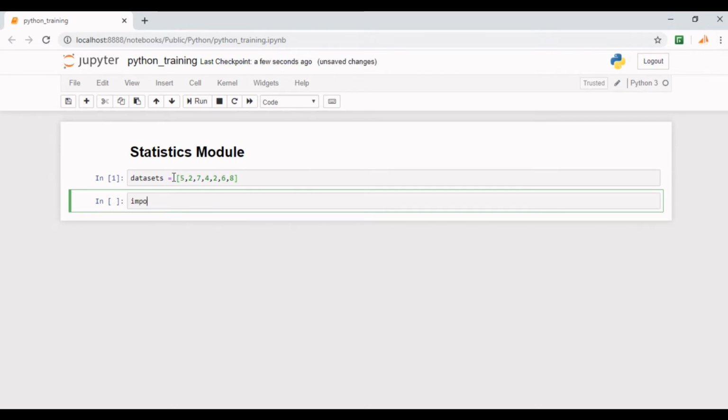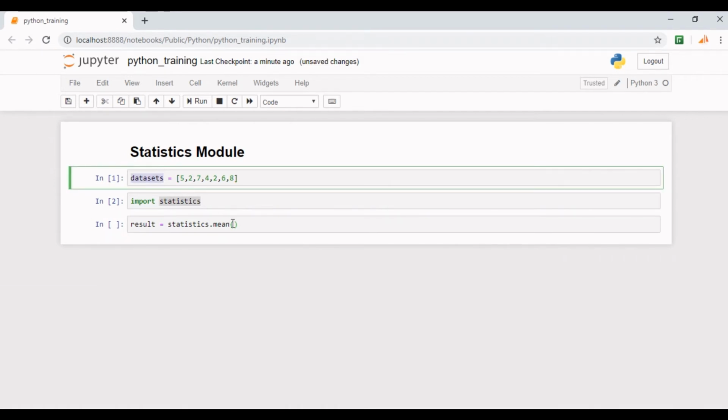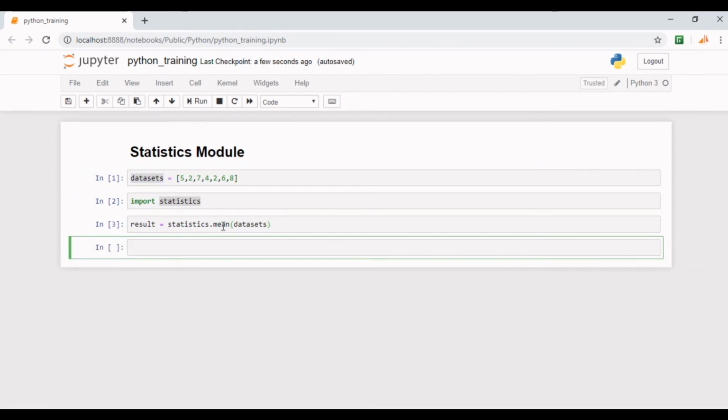Let's import the library statistics. Now let's call the inbuilt mean method like this. Here the mean method is used to calculate the arithmetic mean of the numbers in the list.